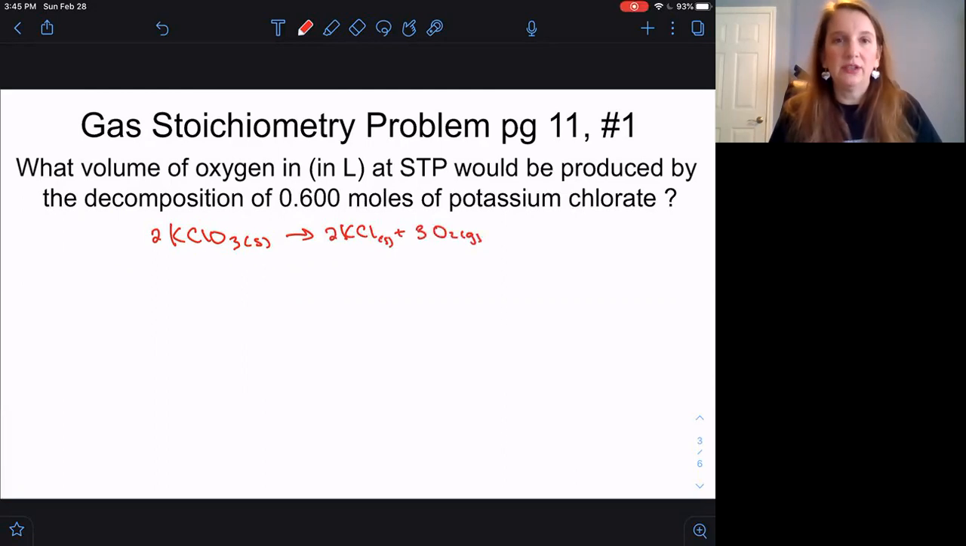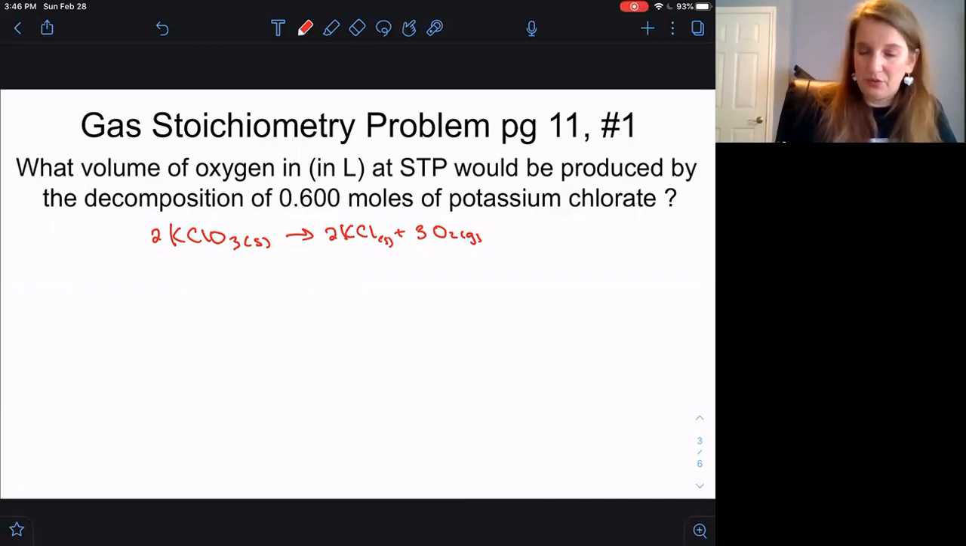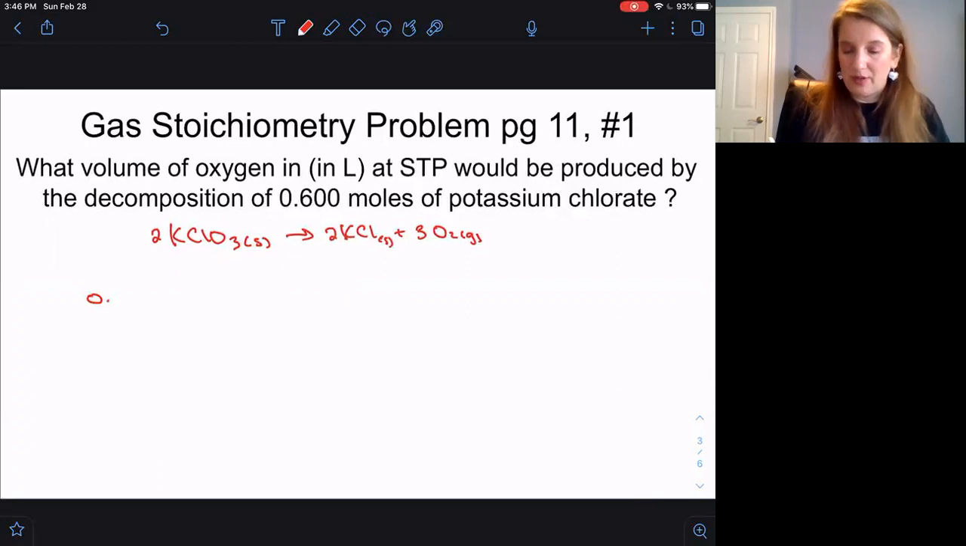So we're looking for liters of oxygen, and we know the moles of potassium chlorate. Now, since it's at STP, we know that 1 mole of oxygen is going to be equal to 22.4 liters of oxygen. Now, this conversion factor can only be used for gases. You can't use them for solutions, only gases. So we're going to do some stoichiometry, and we start it the same way that we always start stoichiometry,